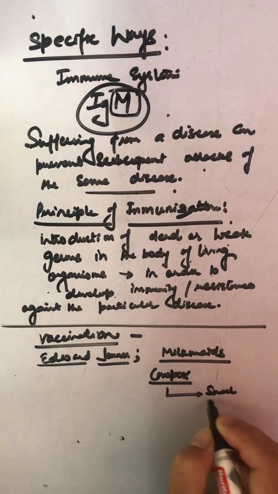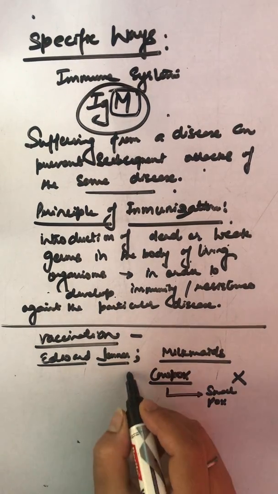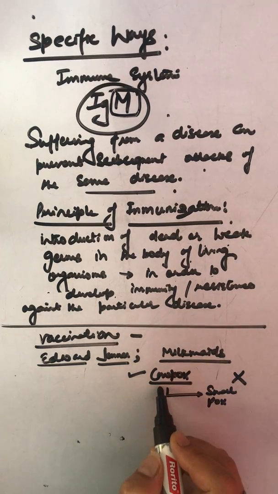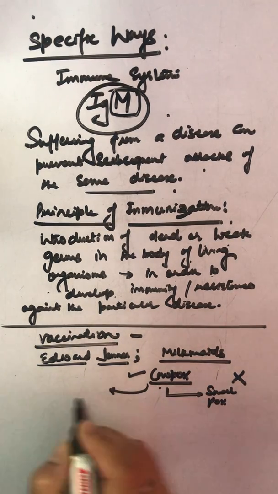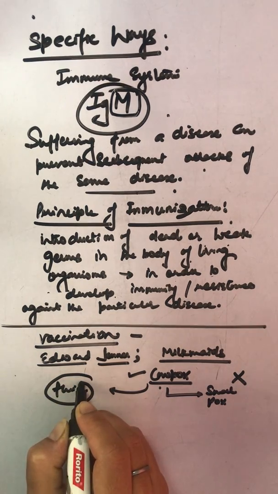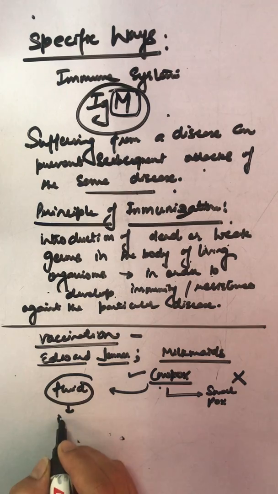So there was no smallpox observed in those people who earlier had cowpox. He took the fluid from a cowpox infected person and inoculated it